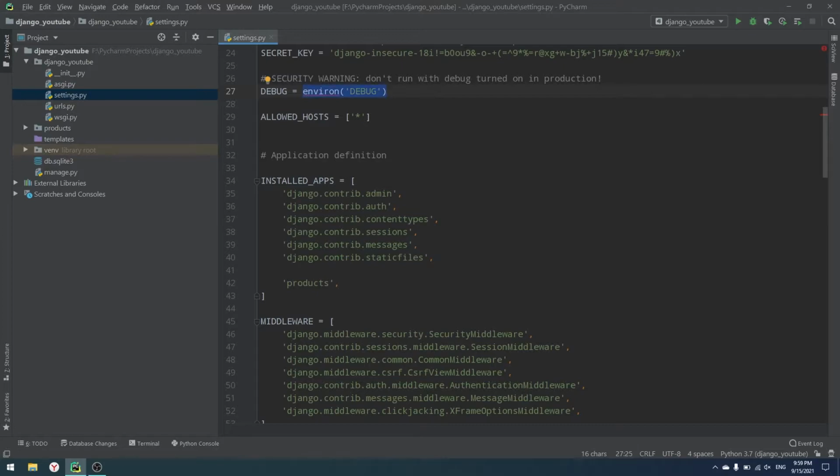But if you have 700 variables, so typically 99% of the projects don't have 700 variables, but if your settings do, then of course it may be a good thing to split your settings files into different environments. But in 99% of the cases, it's better to have only one file, because it's just easier for you to look after that file. And of course, if you want to get deeper into that, go to my course,